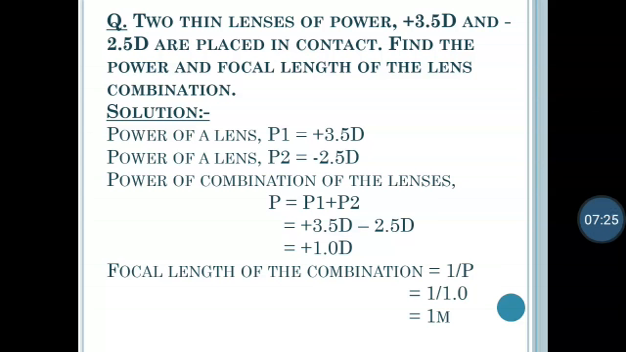And we know the formula, focal length is the reciprocal of the power of a lens. So focal length of the combination is equal to 1 by P. So 1 by 1, which is equal to